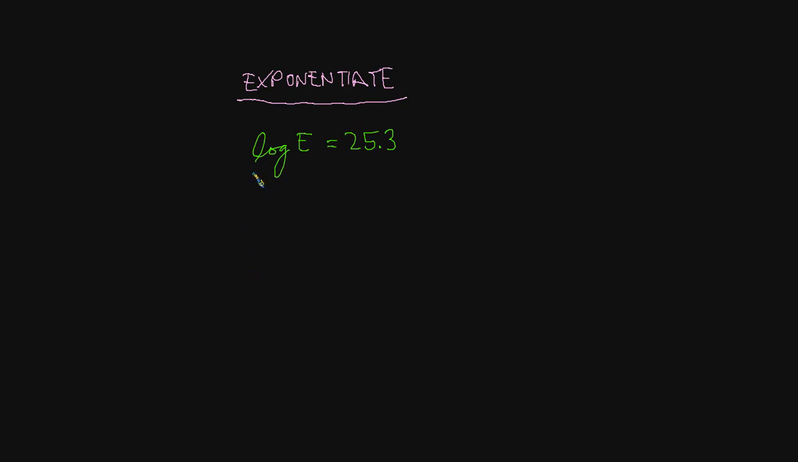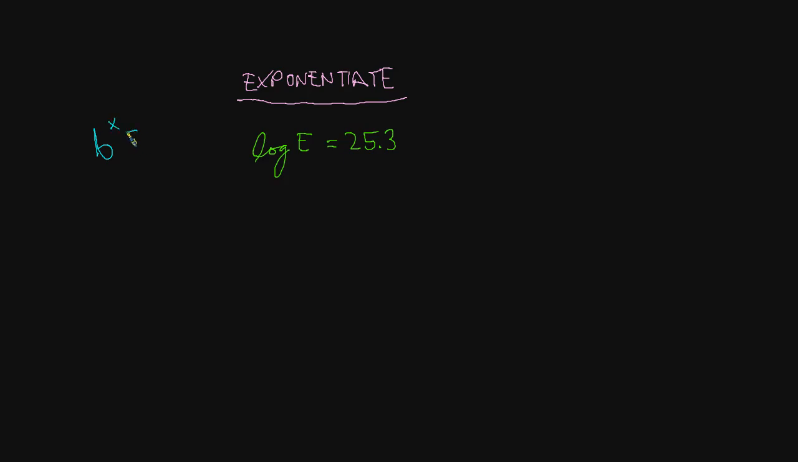Anyways, what exponentiate means is this. It means we're going to make each side into an exponent of some base. Now, let's see why we're going to do that. It's because we have this property of equality that says this: